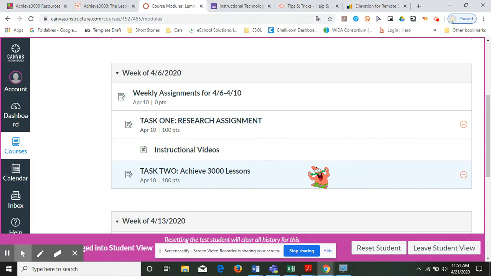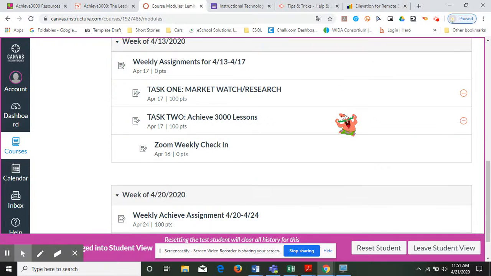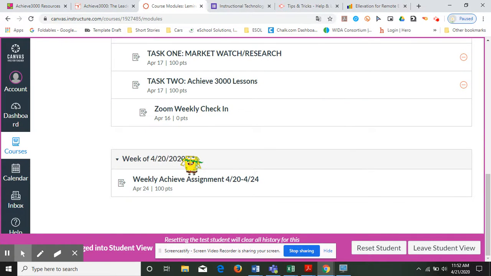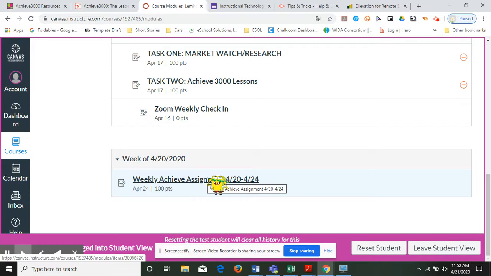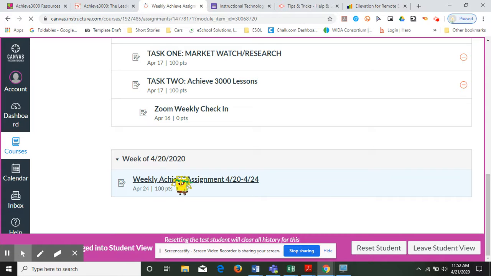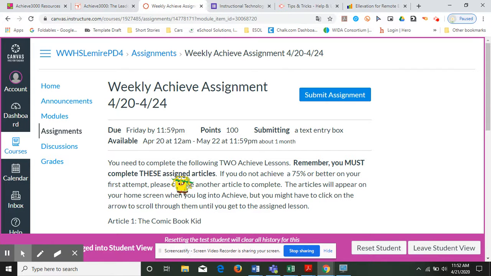Those are really completion grades, and it helps to average if you don't do well on your Achieve. But if you're not doing them, of course, it's going to bring your average down. So please make sure you take some time this week and go back and do those if you have not. For this week, we have the week of 4/20, and it just shows, again, you only have your Achieve lessons this week, but you do have to click on this, not only to see what your assigned lessons are, but